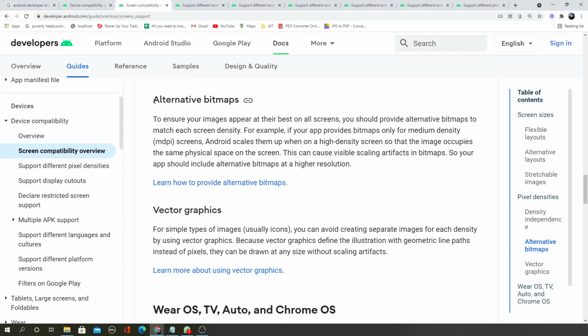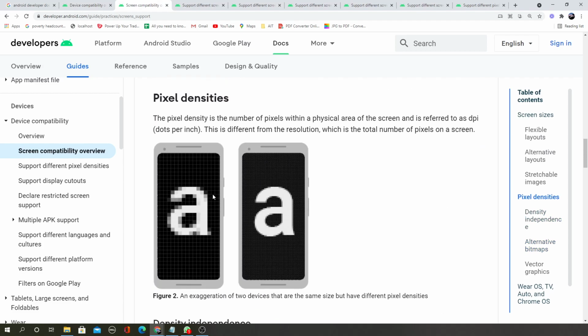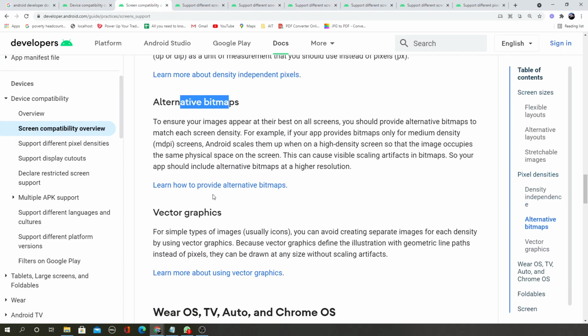The general recommendation is alternative bitmaps, but if you have small icons, instead of providing alternative bitmaps, you can cover pixel density with vector graphics, because vector graphics define the illustration with geometric line paths instead of pixels.